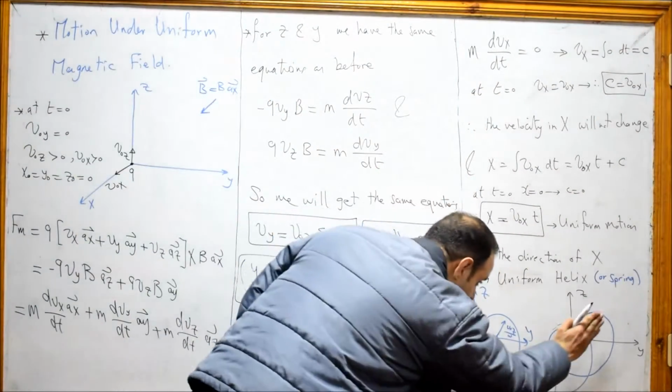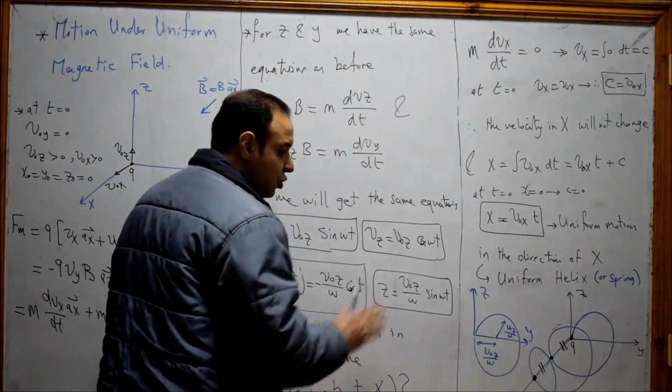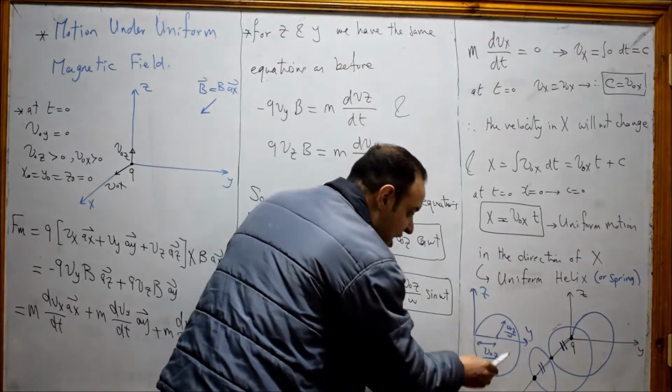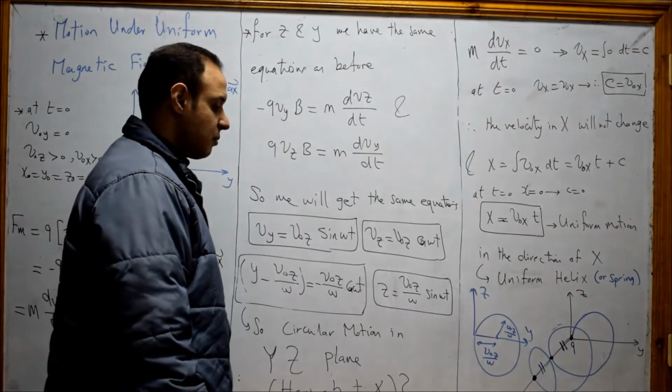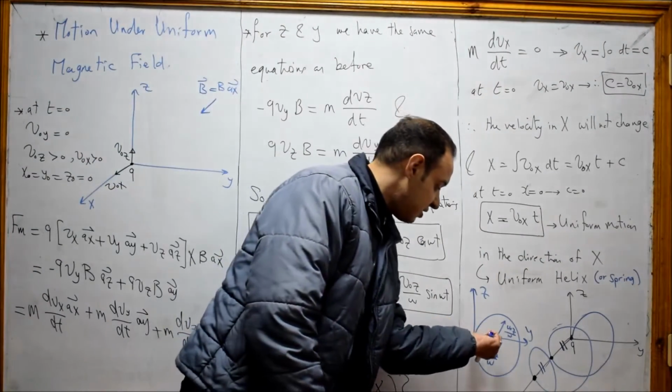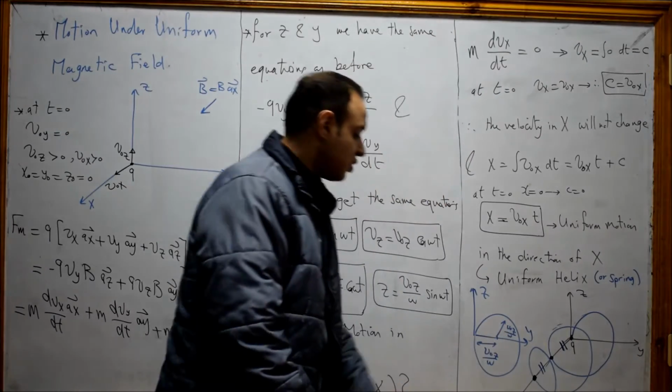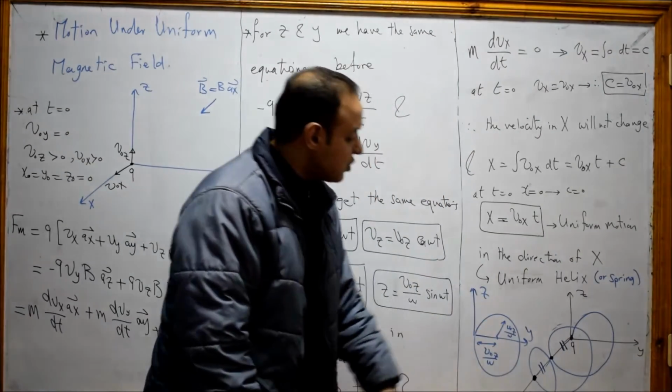If we look from the x-axis into the y-z plane, we will have the same circle we have proved in the last slide, with center at z equal to 0 and y equal to v naught z over omega, and the radius equal to v naught z over